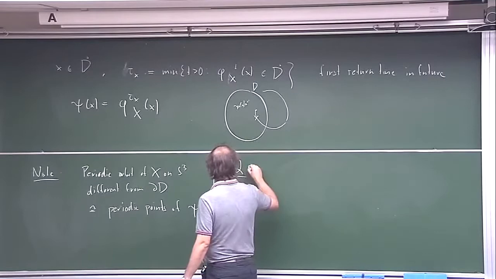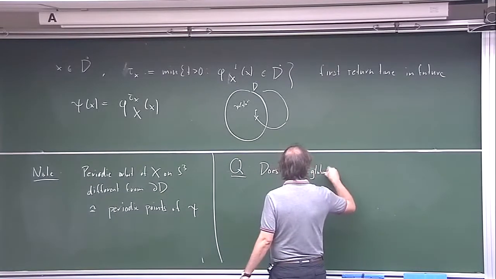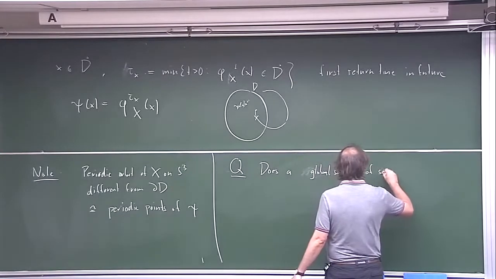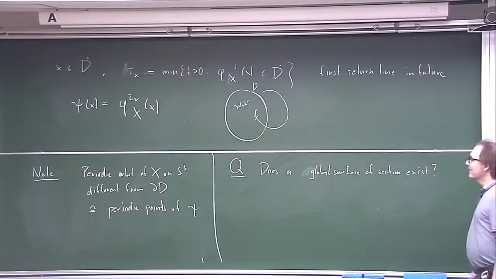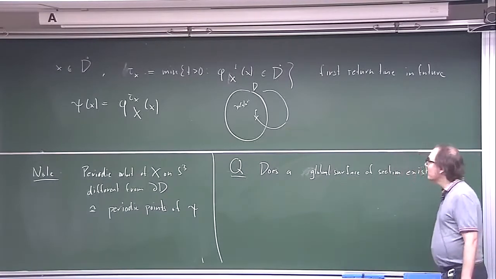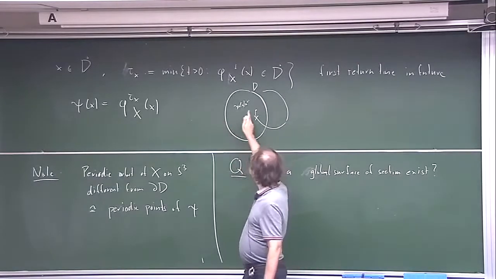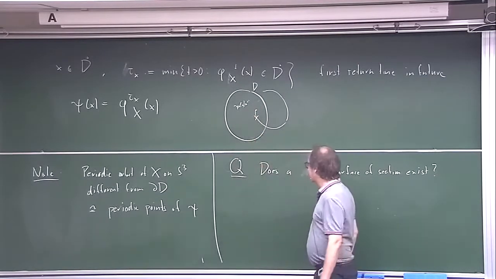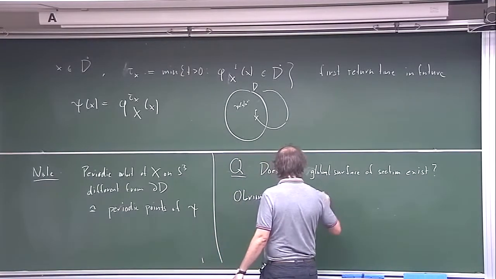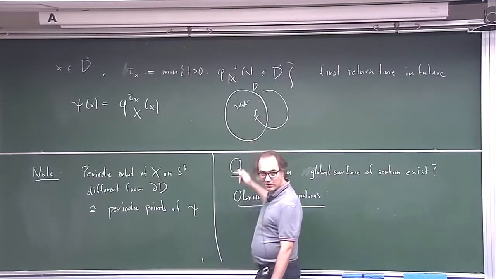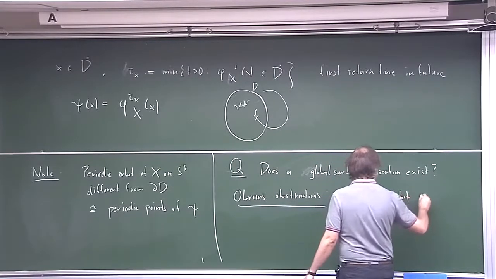So question: does a global surface of section exist? And in general, no. There are obvious obstructions. What you first need is a periodic orbit, otherwise you don't have a boundary. So obvious obstructions: we need a periodic orbit, namely the binding orbit,